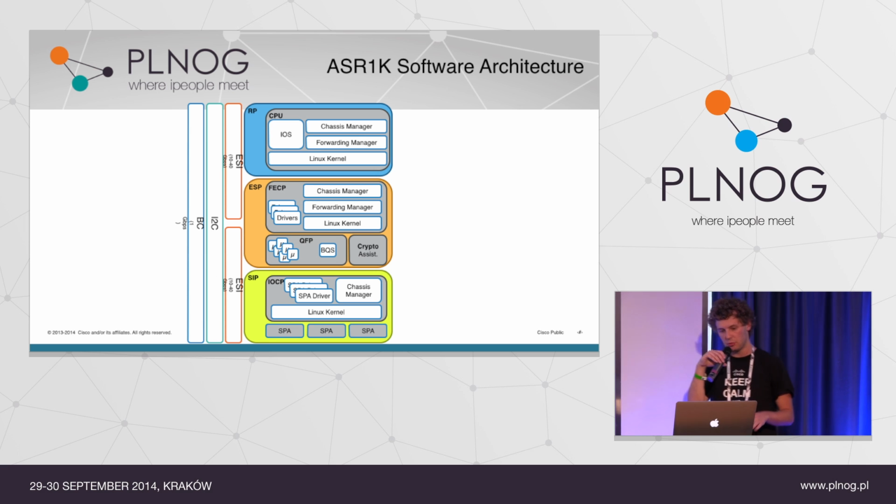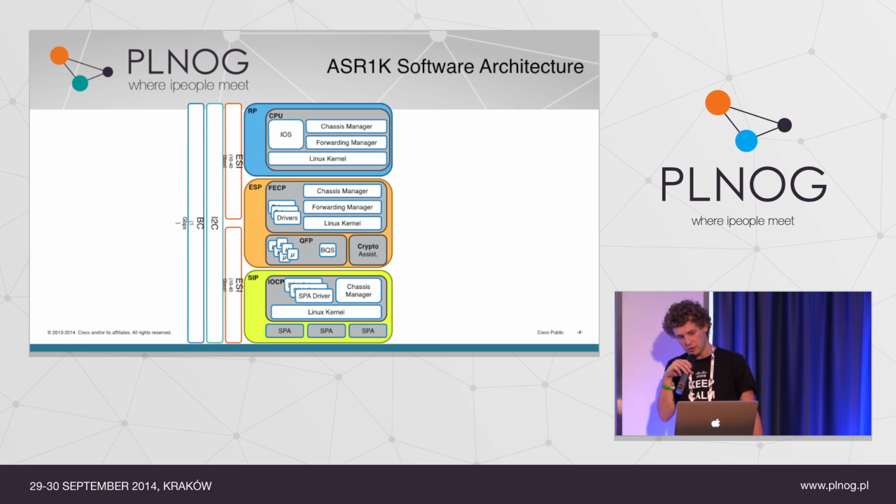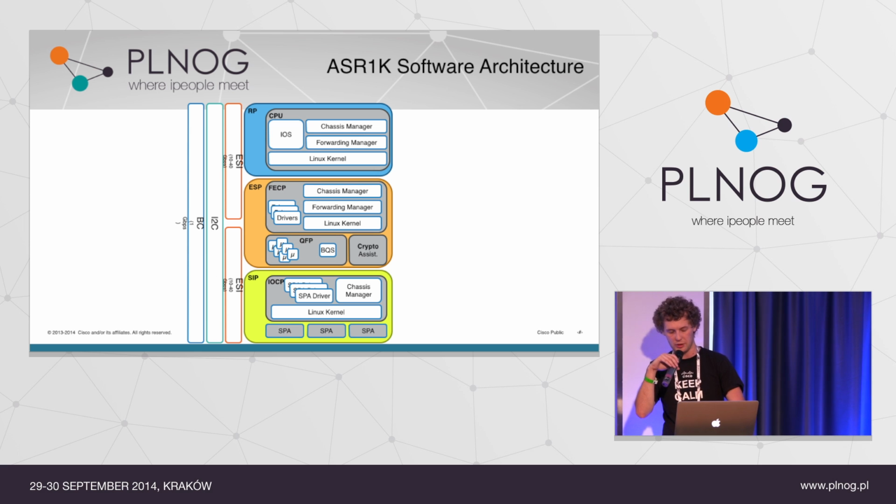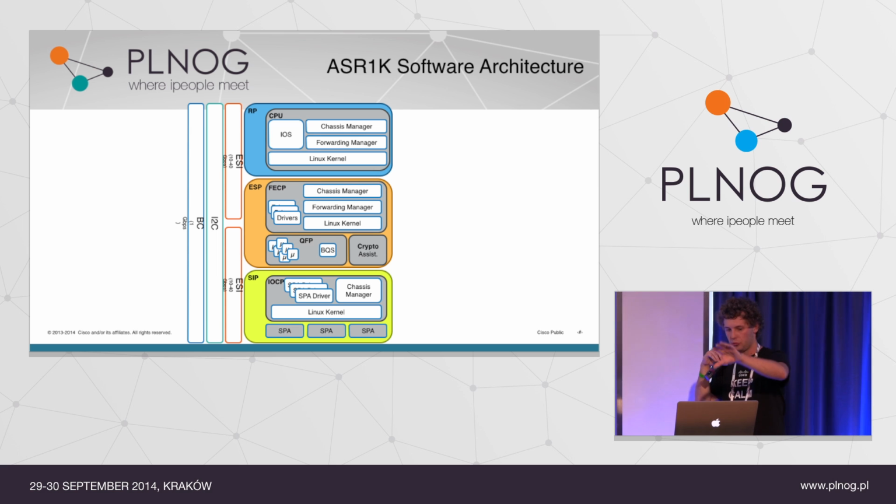iOS is just communicating with the process called forwarding manager on RP. This is a different process running on the same module, and this process will talk to the forwarding manager which is running on the ESP. This is the second module, the forwarding of the packets module, right? So basically, iOS talks to forwarding manager on RP, then forwarding manager talks to